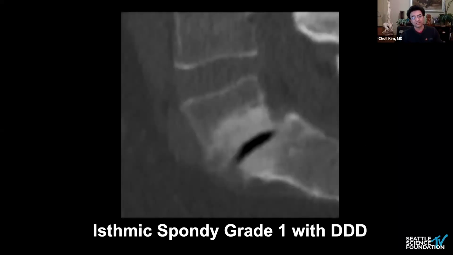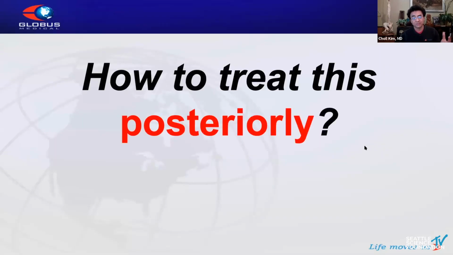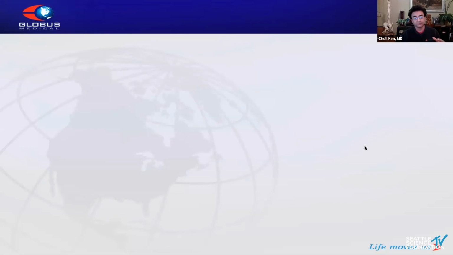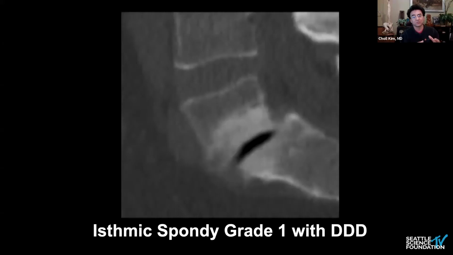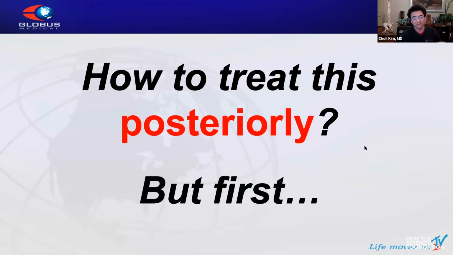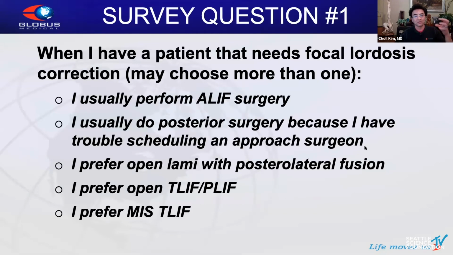So let me just start out with an example. Here's a pretty challenging isthmic spondy. It's got a life of its own, this thing. So how do I treat a case like this posteriorly, where I know I'm going to do an MIS approach, and I'm going to have trouble with the posterior annulotomy window, because right now it's basically bone on bone. This person also has a very steep sacral slope, and there's a big interbody that I have to reconstruct. And the way I do this posteriorly is, I'm going to tell you, but first, let's do this one survey